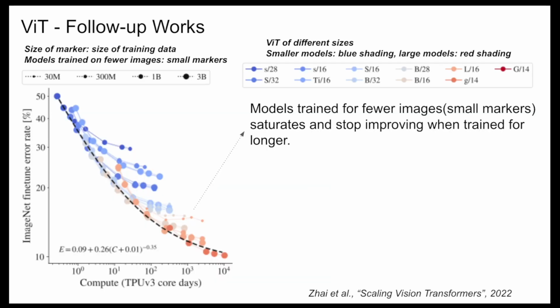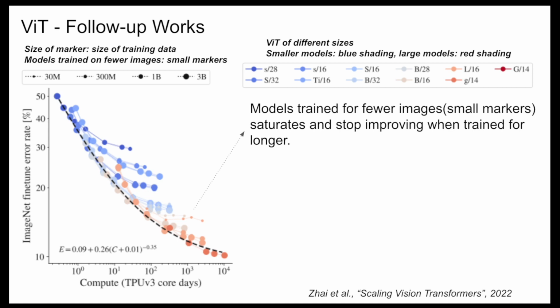The graph you see here shows the ImageNet fine-tune error rate and the compute, in TPU v3 core days. One of the things they found is that models trained on fewer images, like 30 million,